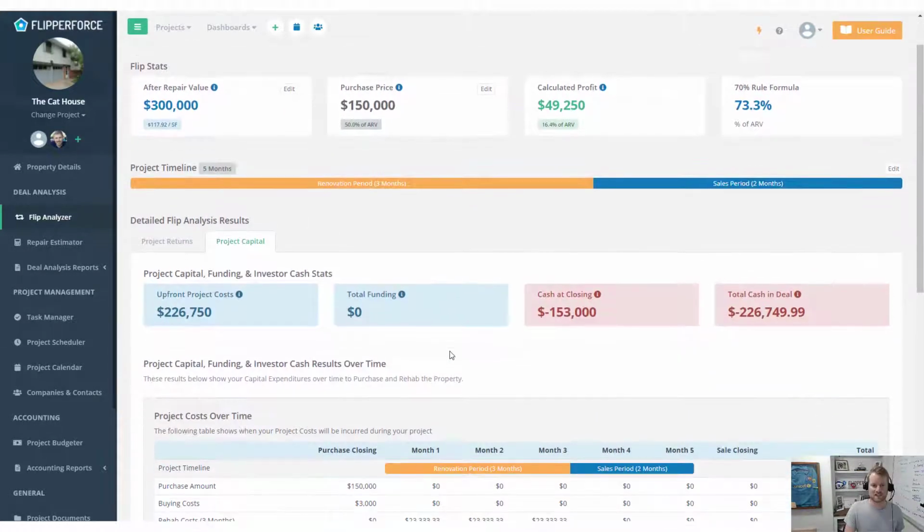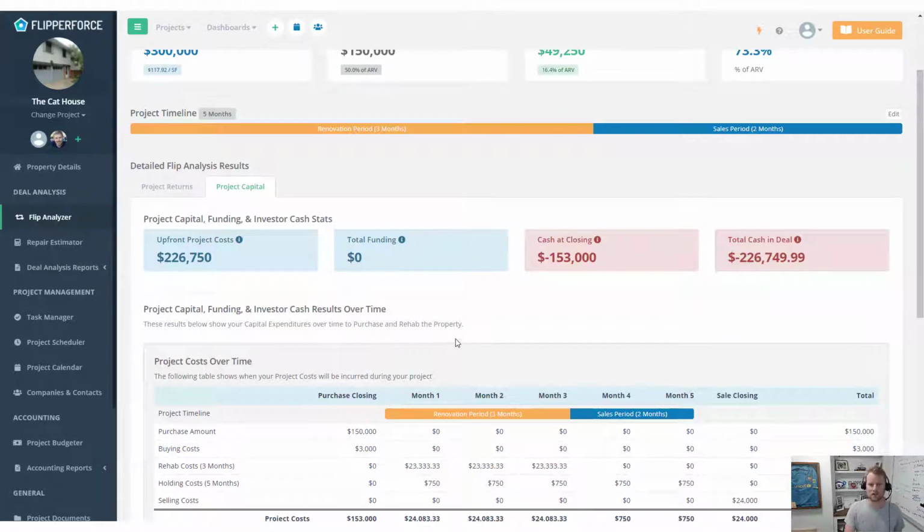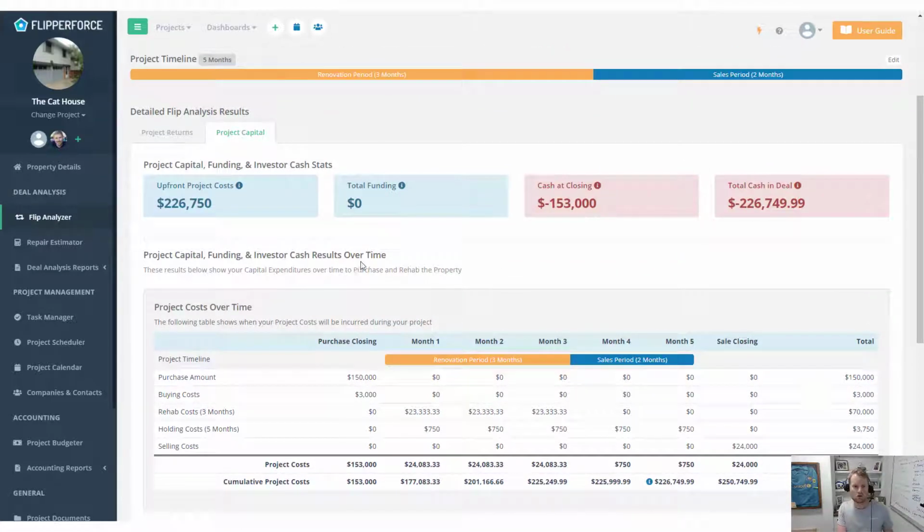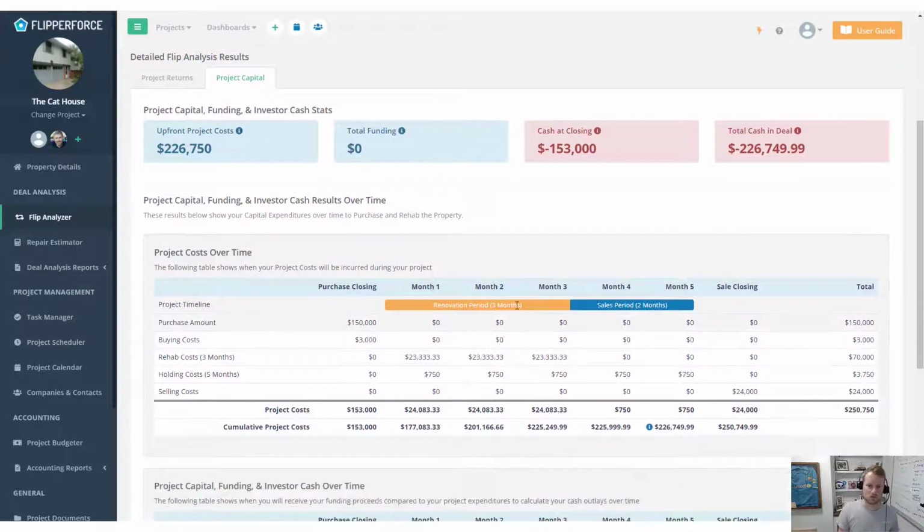So this new Project Capital tab is really going to give you a detailed breakdown of all of your project costs that you've got on the project over time. So you can see one of the new tables that we added was this project costs over time. So what it's doing is it's showing all of your costs, your purchase amount, your buying costs, your rehab costs, your holding costs, and then your selling costs across the timeline,